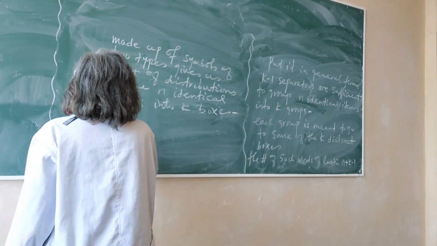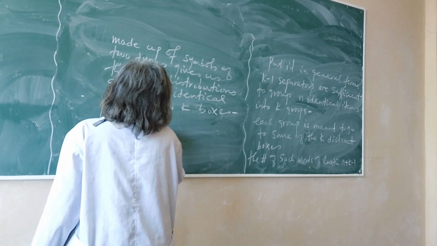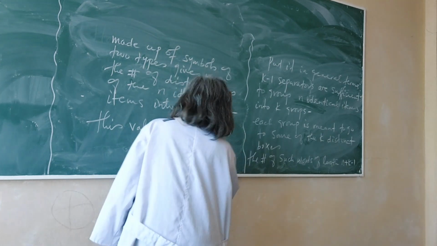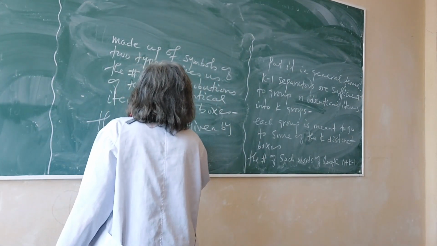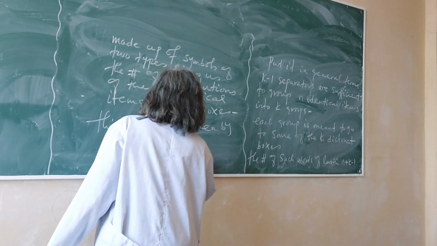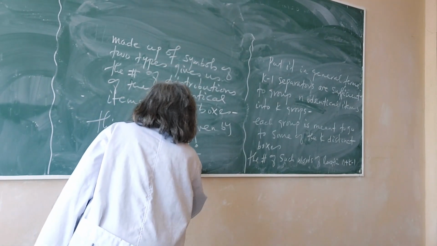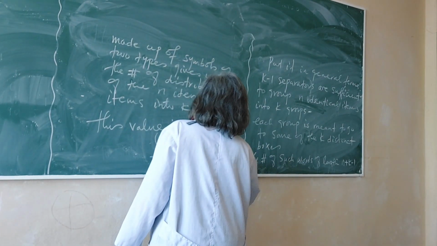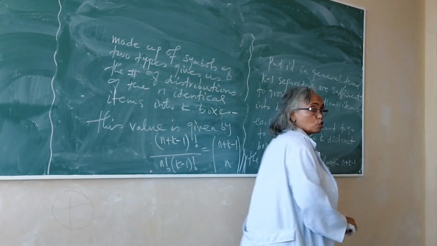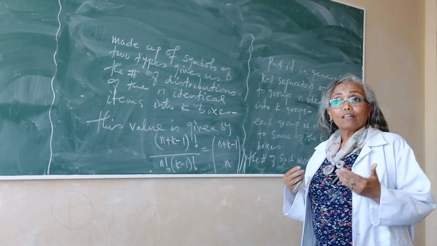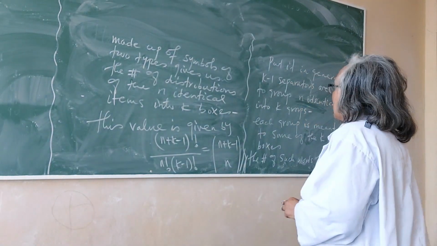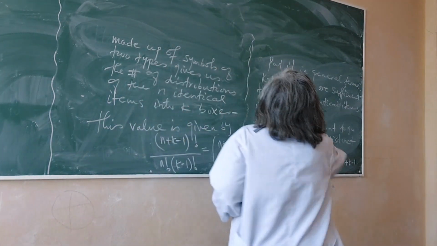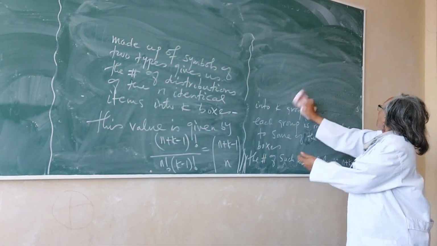The value of this number is given by n plus k minus 1 factorial over n factorial times k minus 1 factorial, which is actually n plus k minus 1 choose n. Therefore, there are n plus k minus 1 choose n such codes or words,